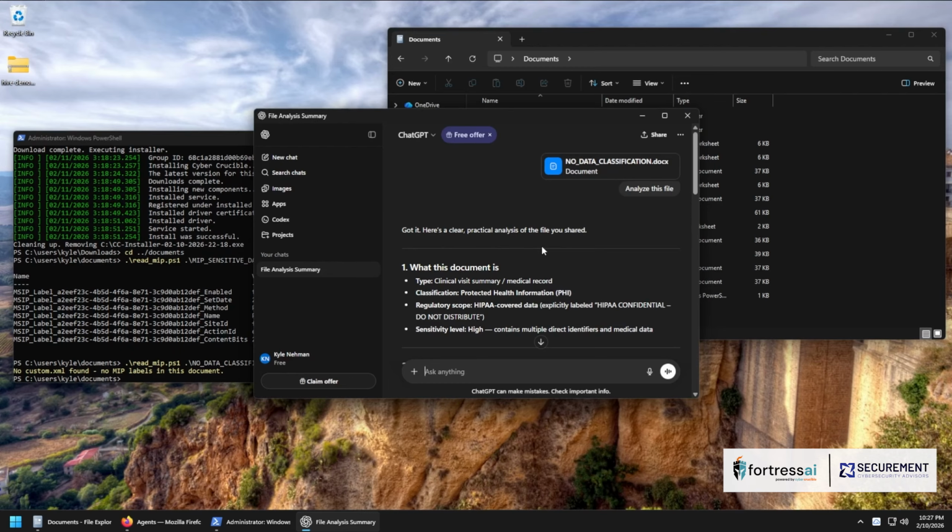So if this was real HIPAA data, that MIP label being missing here would have caused a pretty severe data breach for uploading it to ChatGPT, versus when Crucible is protecting against the AI, either with a user manually uploading the files or potentially any iterative crawling and learning and uploading to shared drives or servers that might have happened without the user even knowing about it.